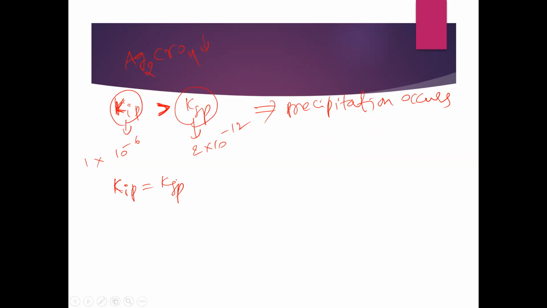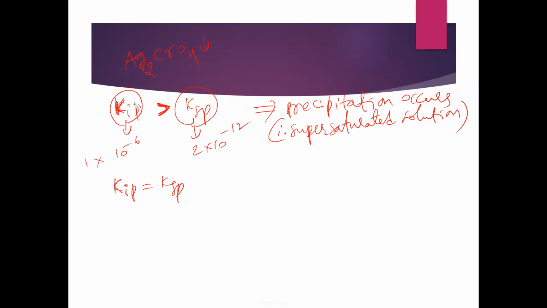So in this case, what we have to understand is that we have studied in the solutions lesson 3 types of solutions: saturated solution, unsaturated solution, and supersaturated solution. So here, precipitation occurs means what? The solution formed is a supersaturated solution. Supersaturated solution will be formed in this case.